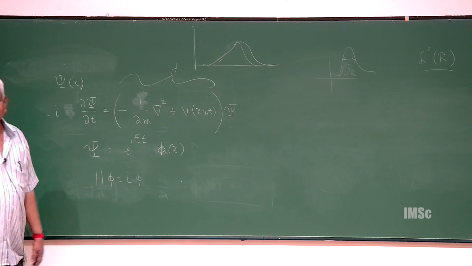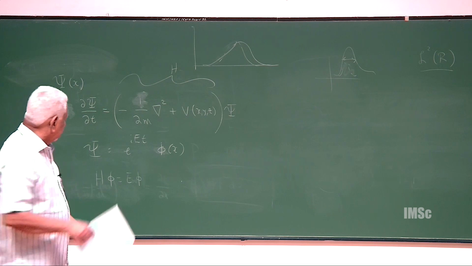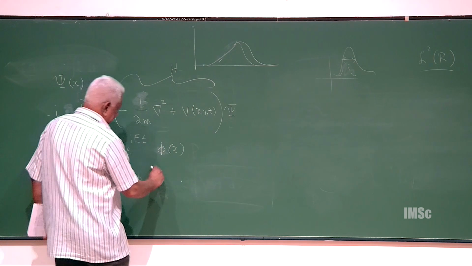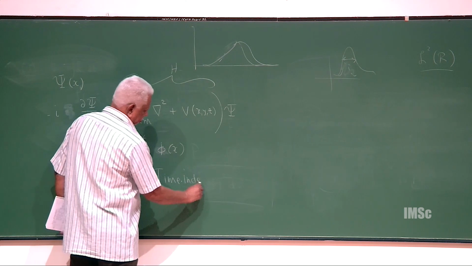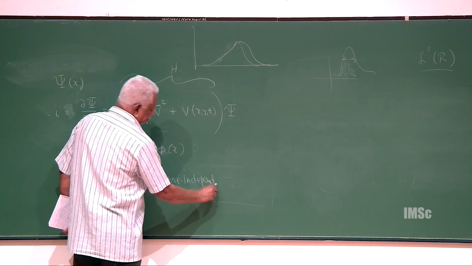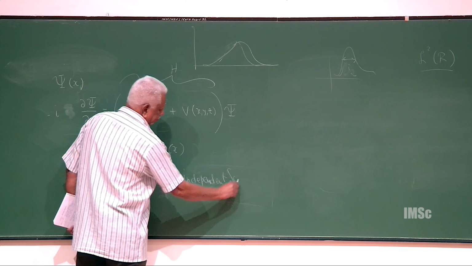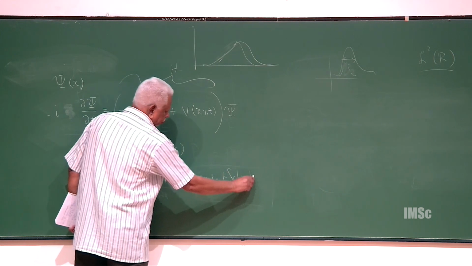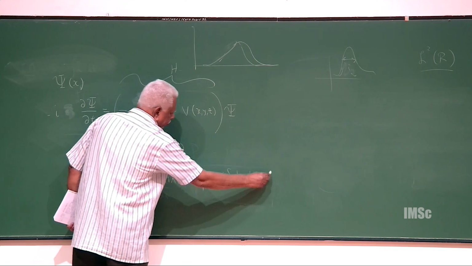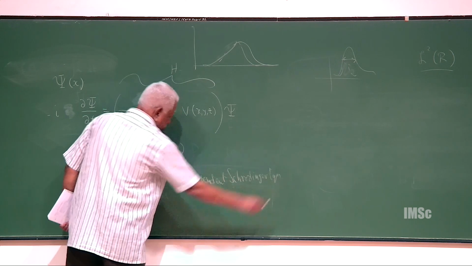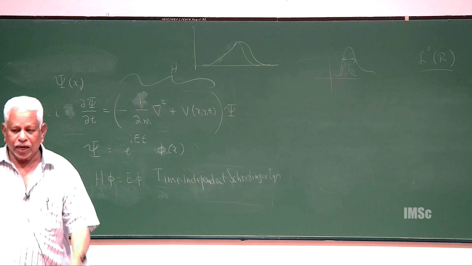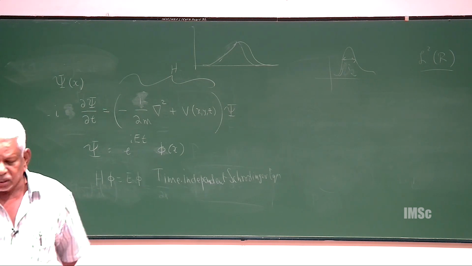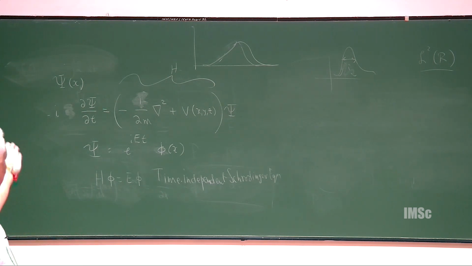That is a very simple differentiation. This is called the time independent Schrödinger equation. And H hat, which I have written down, is, as I told you, only